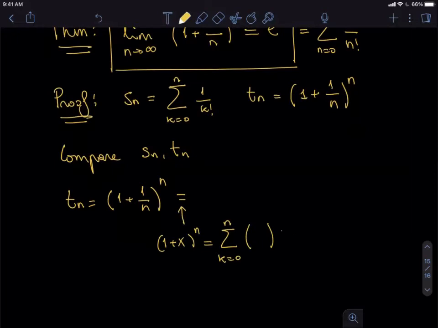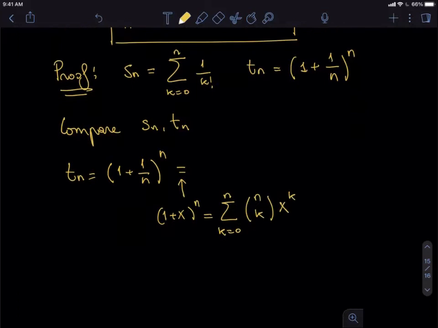We just need to write x to the power k, and then we have the combinatorial numbers n over k. These are defined as n factorial divided by k factorial times n minus k factorial,